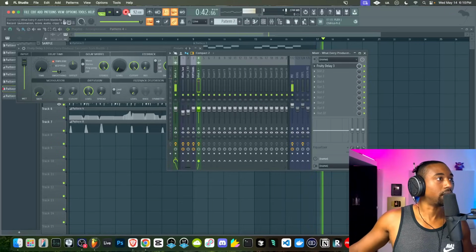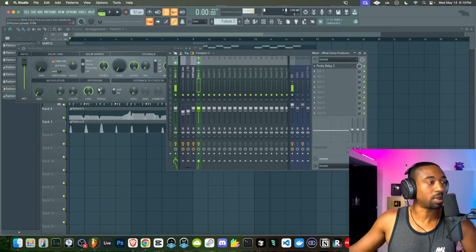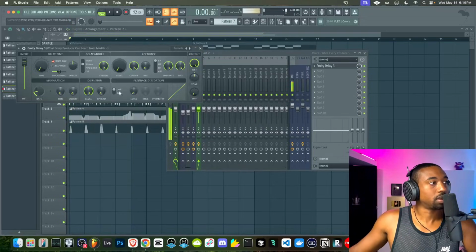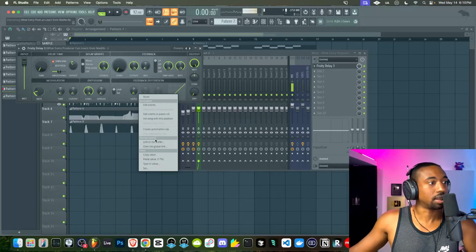So this effect, you can go overboard. That's why I started with the diffusion first, because that's a softer version of that same effect. Next, let's mess with this limiter. Let's see if we can get a unique sound. See how it's a little too aggressive. It goes, wow. So I just recorded that a little too aggressively. So we can also automate this. So let's just do this as the last thing here.